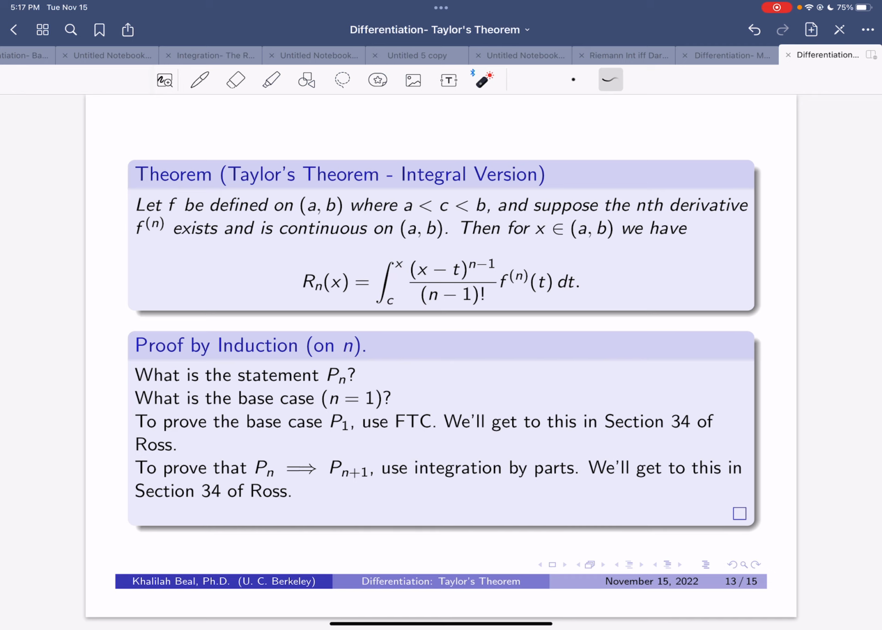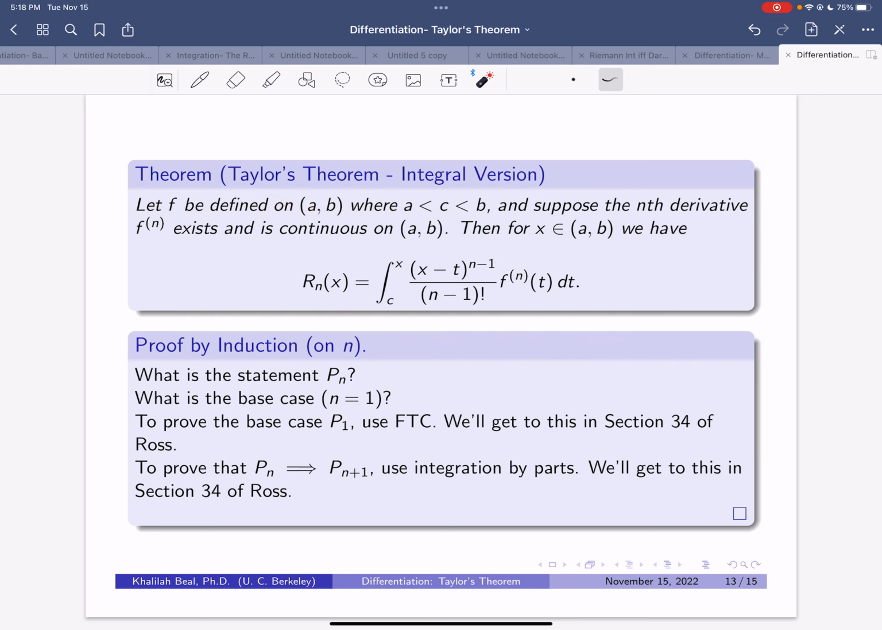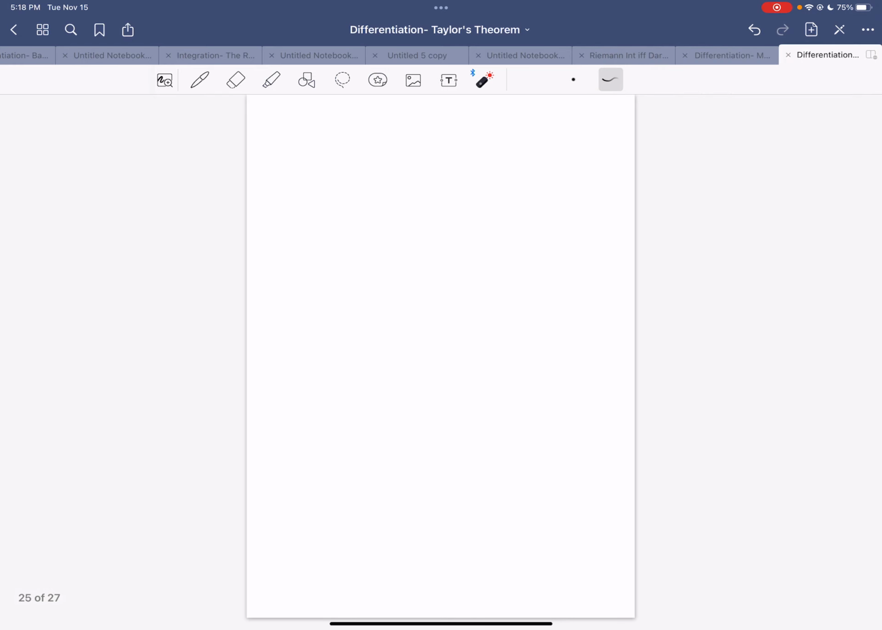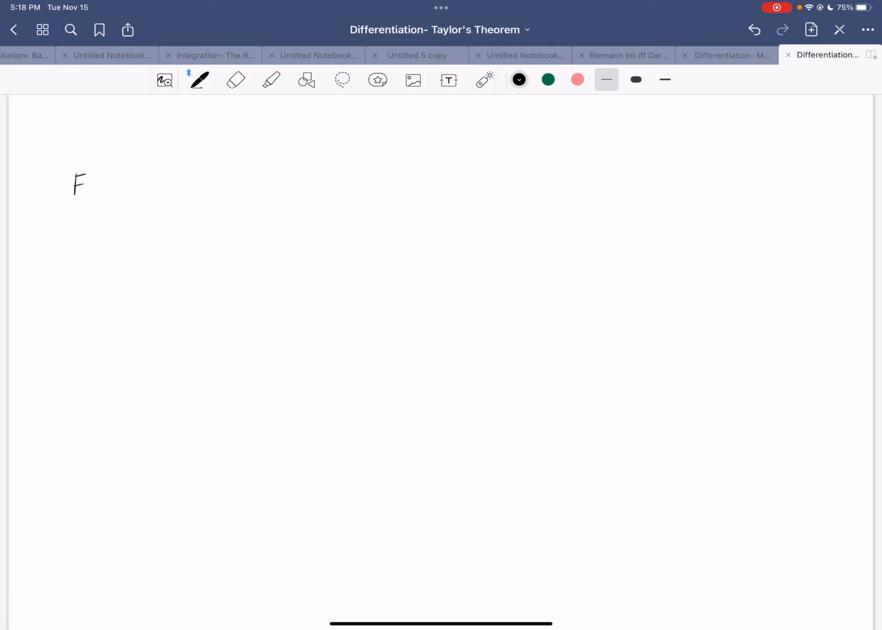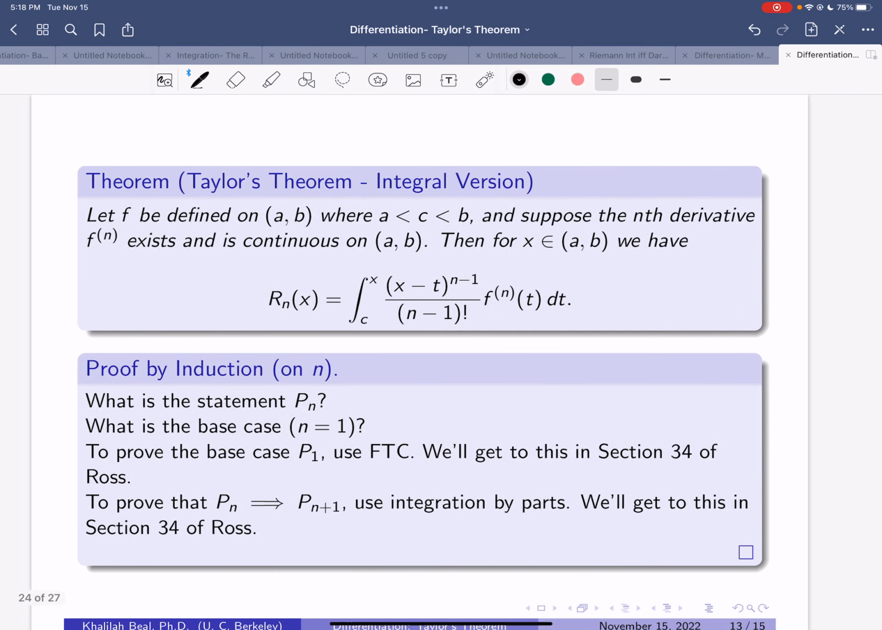So let's see here. The proof goes by induction. The P sub n statement is, right, for induction, you have the inductive statement, you have your base case, and then after that you say, well, if it's true for n, we'll show it's true for n plus 1, right? So the statement would be, if this, then this. So that's the statement P sub n. So what is the base case for n equals 1? The base case for n equals 1 would be, we're saying if f prime exists and is continuous,